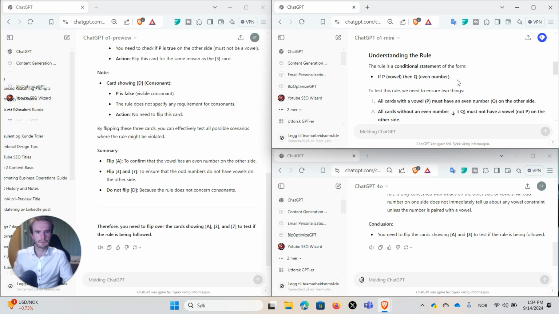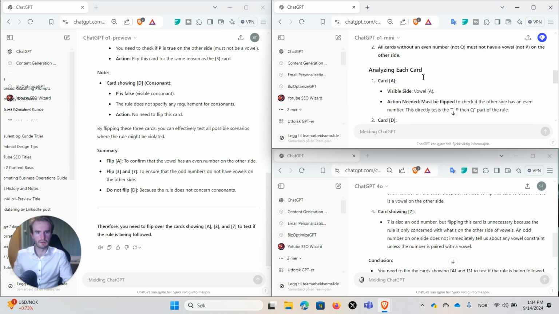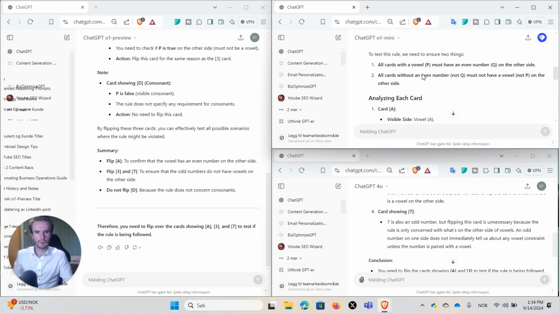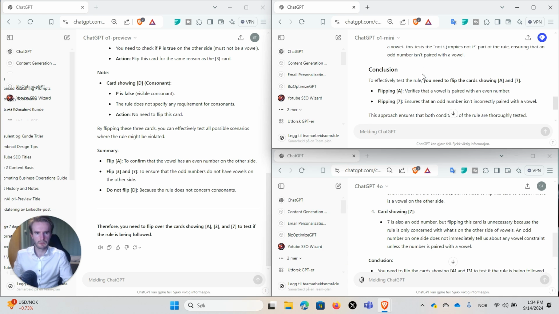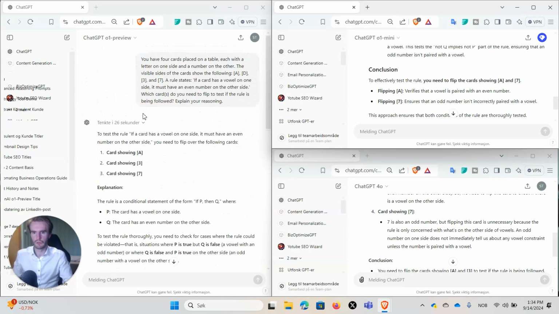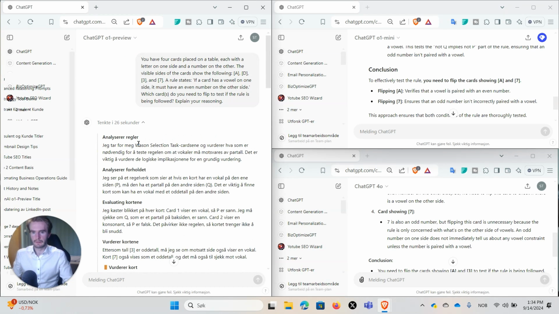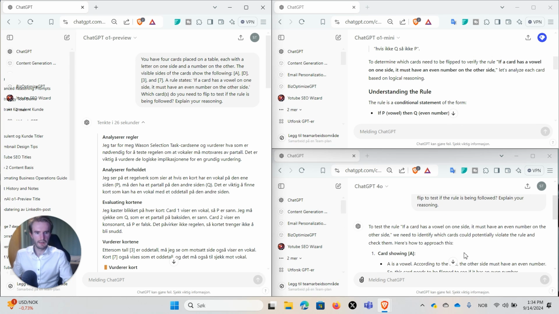Rule is a conditional statement of the form if P then Q. So this goes more into the maths of it, and addresses mathematical rules based on the academic literature, it seems, and then it uses that kind of approach to go about this. And so we can see here as well, here it hasn't mentioned anything about this kind of Watson selection task